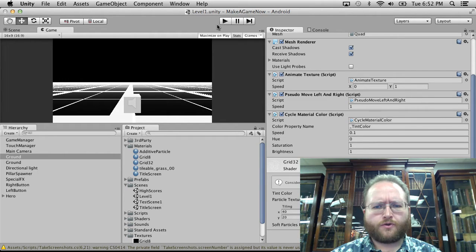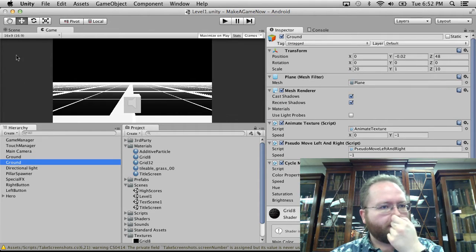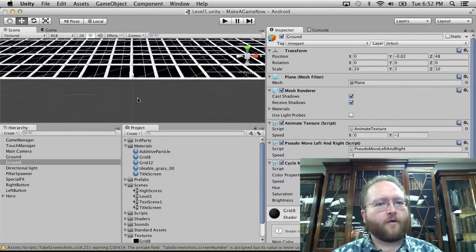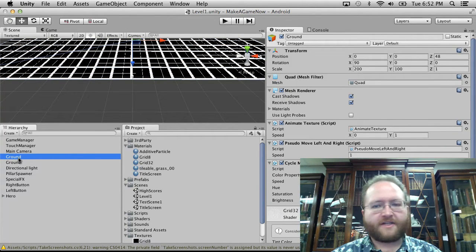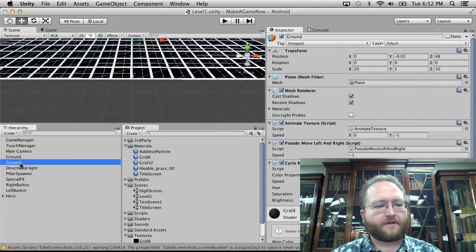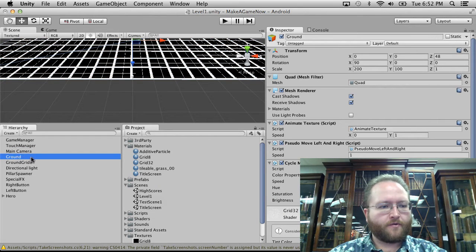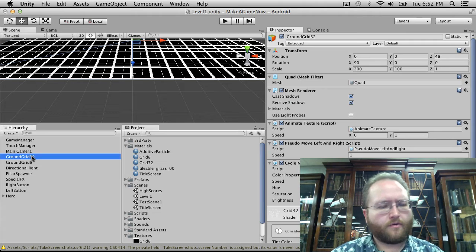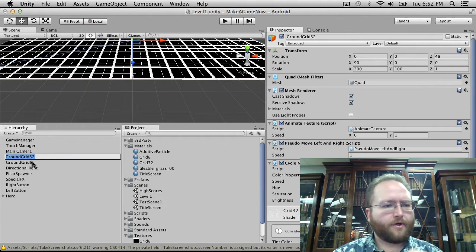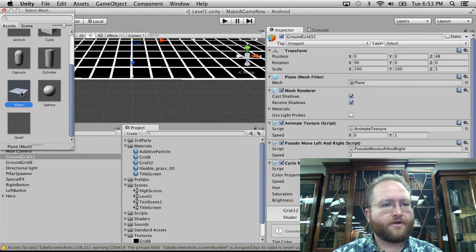So, but again, this might be partly due to the vertex problem, and we're still having vertices that are quite far away in the case of our small second ground here, because this one, I should actually probably put this ground grid 8 and ground grid 32. Oh, because it's not a plane. Yeah. So let's just go ahead and switch this one to a plane and do the changes that we need